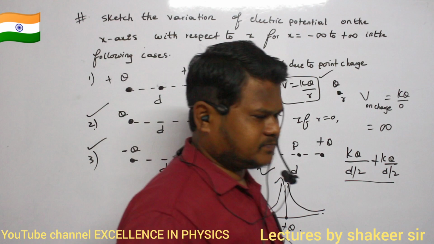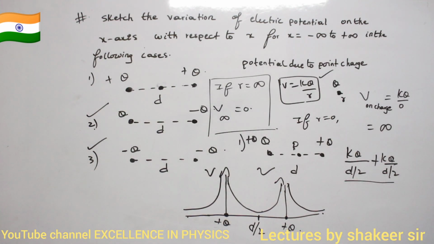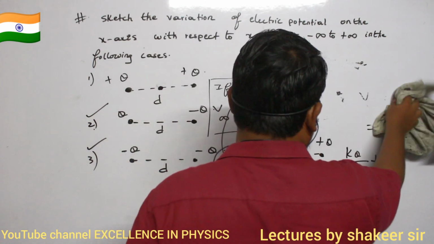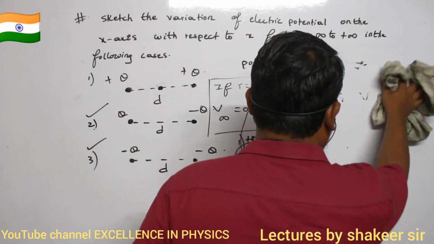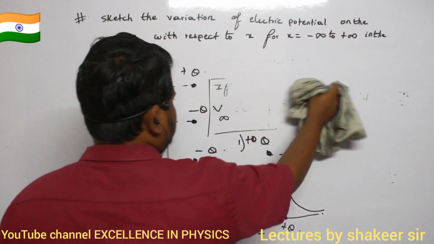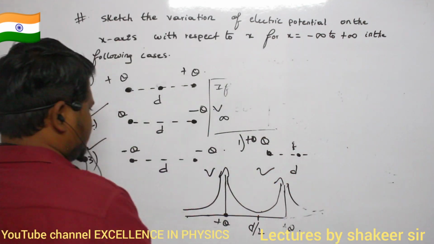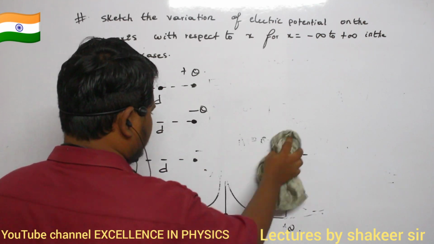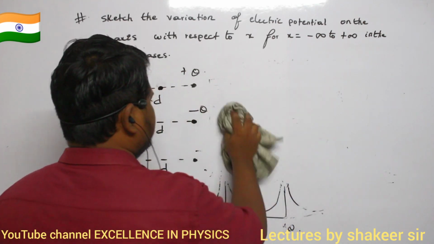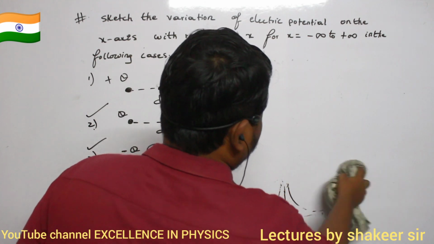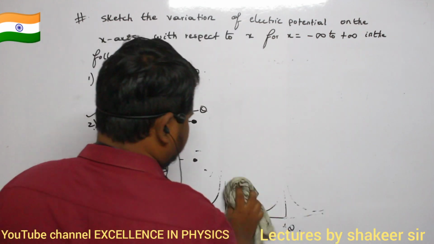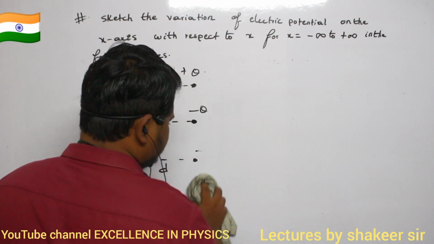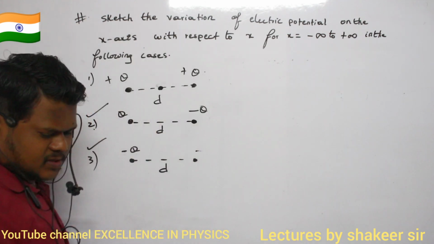Come on, see how you can draw. Anybody? How can you draw the graph for the second arrangement of charges? So what is the difference between the first arrangement and the second arrangement? In the first condition, both were positive charges only, no? In the second condition, one is a positive charge and the second one is a negative charge. That's all.